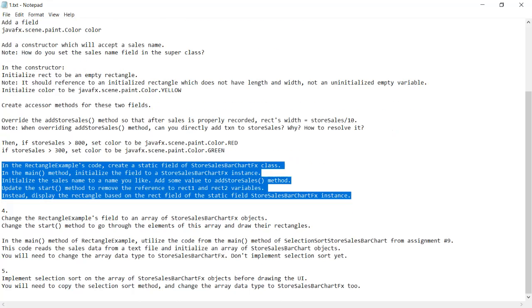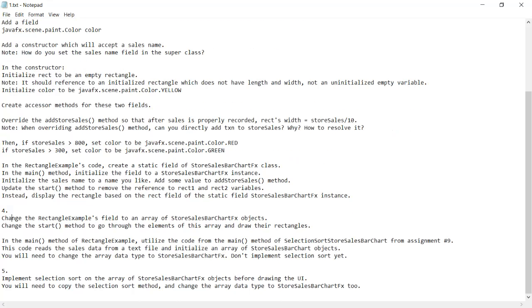Then the 4th question is an enhancement of the 3rd question. You will change the field to an array of the store cells bar chart FX objects. Then you will change the start method to go through the elements and draw each and every rectangle. In the main method,